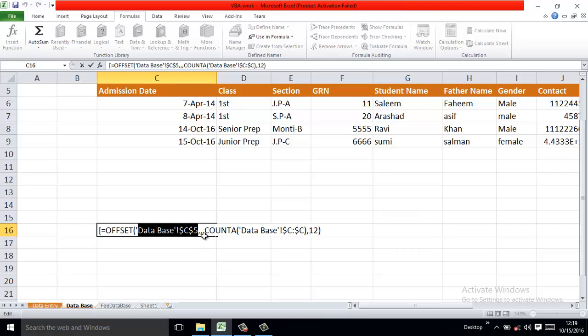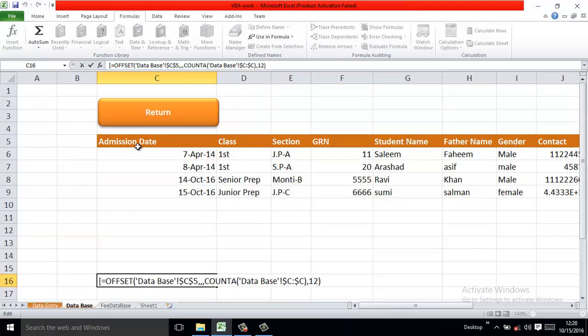Then I wrote nothing, that means 0, which means the same cell. Then I wrote column number 0, that means the same column. I don't need to go rightward or leftward. And then I wrote the formula COUNTA, that will count the strings,